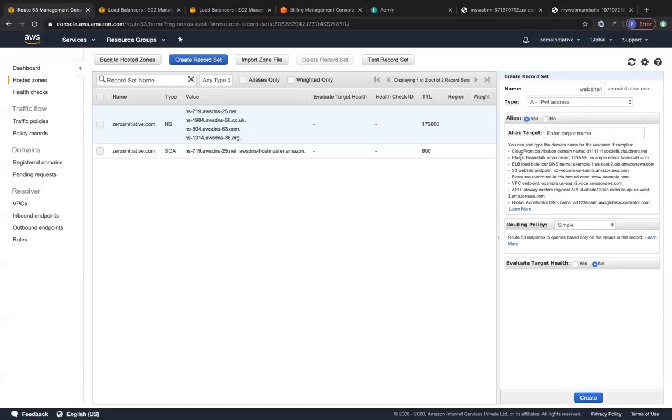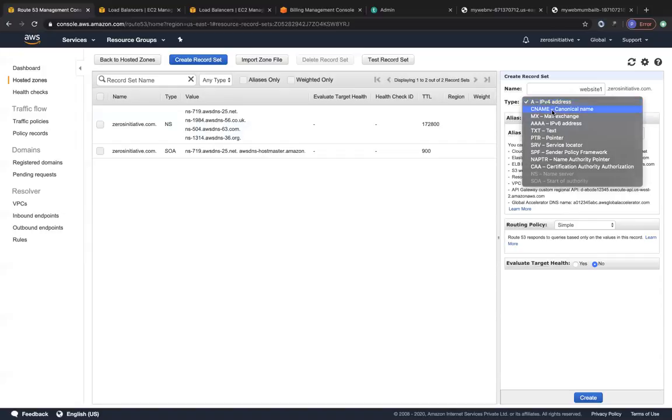So you can see the alias target, which is an AWS Route 53 record set, which they introduced, can be used for CloudFront distribution, Elastic Beanstalk environment, load balancers DNS name, which we already have set up right now, S3 static website endpoint, VPC endpoint, API gateway endpoint, global accelerated DNS name endpoint, right? So these are the different resources that are supporting the alias target, right? But right now we'll go with the CNAME target, right?